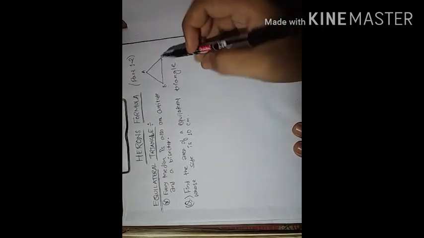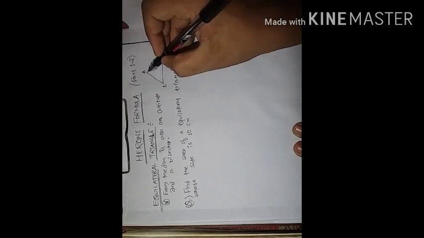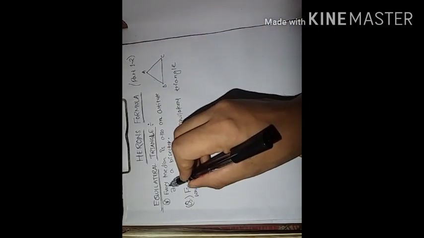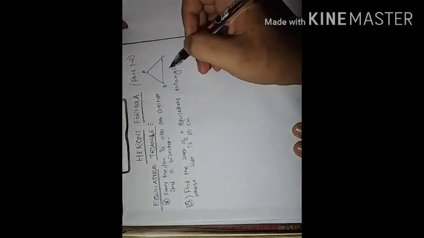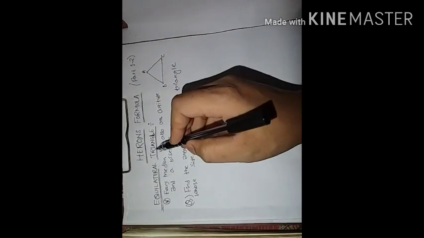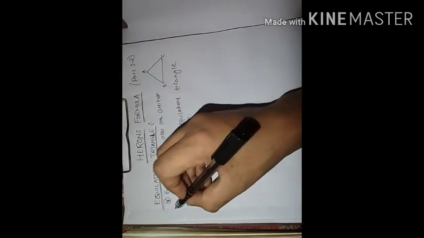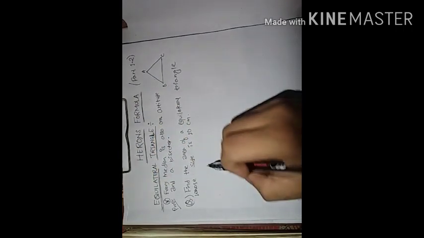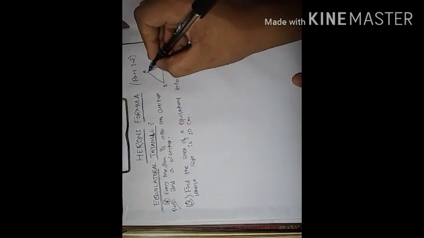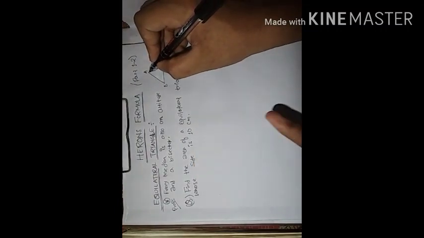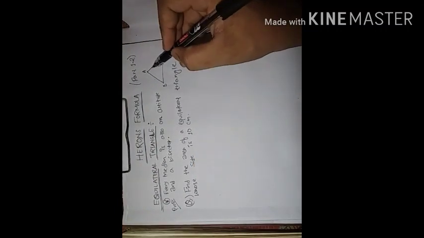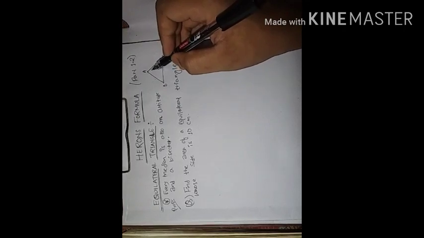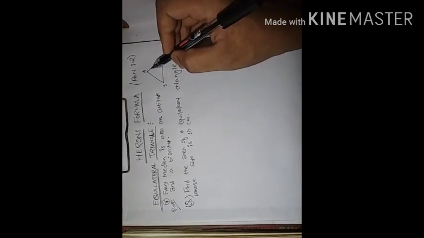Now here see, we have to find out the altitude or height. In an equilateral triangle there is one property. Remember that this is a property: every median is also an altitude and a bisector. Now, bisector means if you draw a median. We have studied the median in a very detailed way in my previous video. If somebody has not watched it, please watch it.